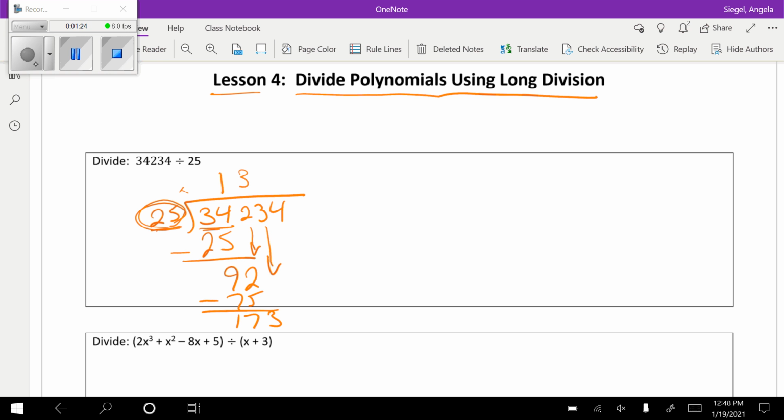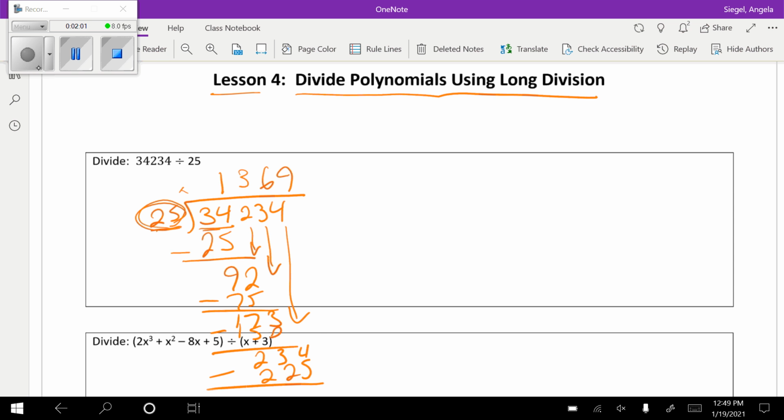And that would be 6 times. 6 times 25 is 150. And then I'm going to subtract it. So 173 minus 150 is 23. And again, I'm going to drop that 4. So I have 234. 25 goes into 234 9 times. 9 times 25 is 225. Then I'm going to subtract it,